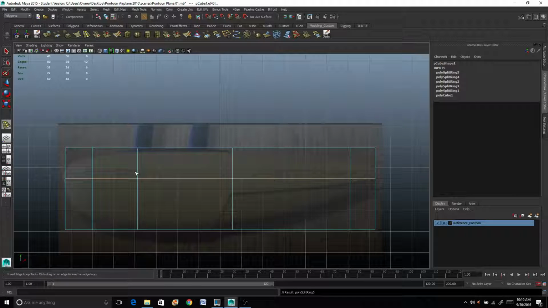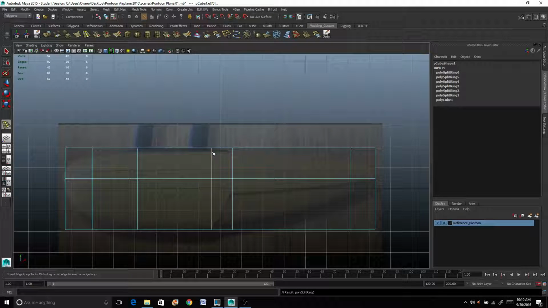Also, something I didn't mention with this Insert Edge Loop tool when you're beginning with it, understand how it works. It is working off of edges, which is why it's called Insert Edge Loop. So if I click on this vertical edge here, it drops one in horizontally going around my geometry. If I click on this horizontal edge up here, it drops one in going down vertically, and then I just hold down the left mouse button and drag